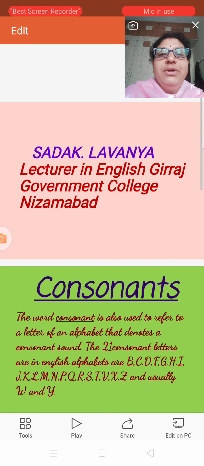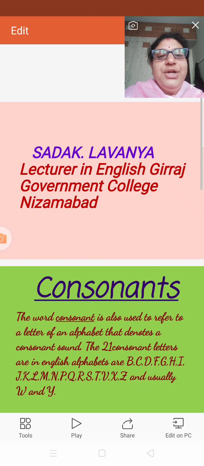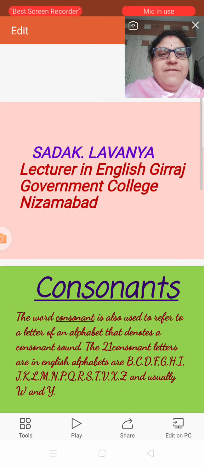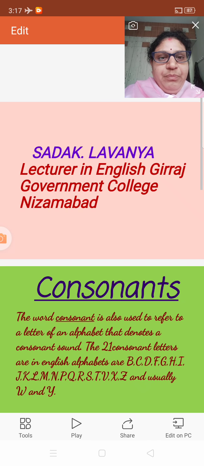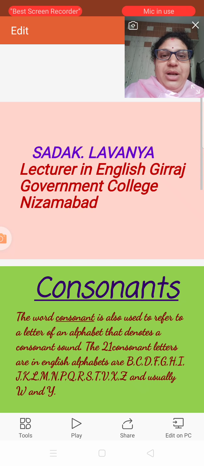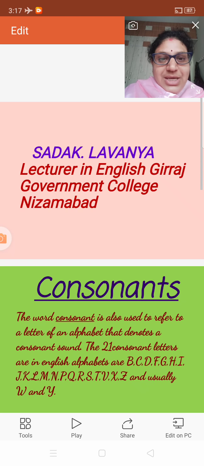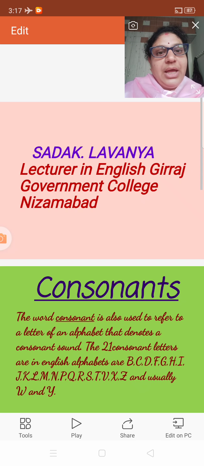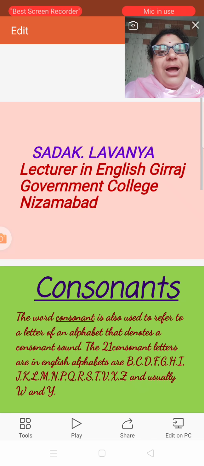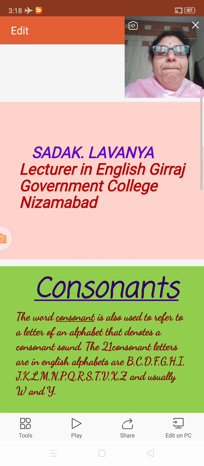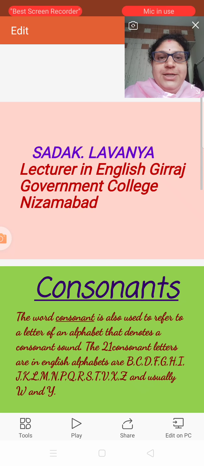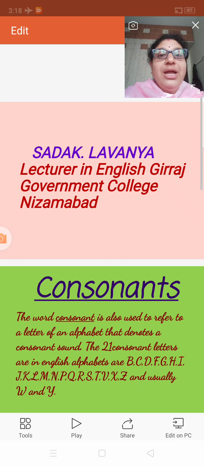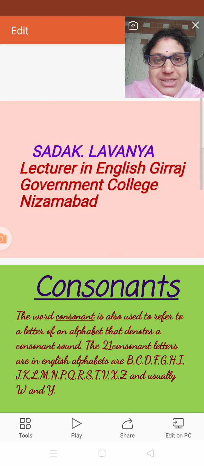When you take an alphabet and add letters to that alphabet, suppose you take the first alphabet, A. When the A is individual, you will spell it as A. But when you add extra letters to the A, then it gives a separate sound.